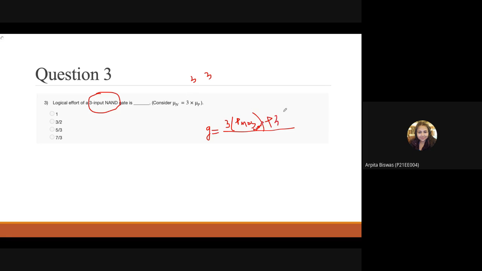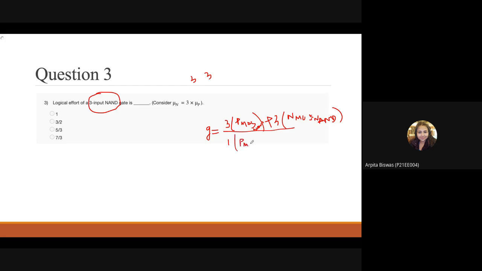So three NMOS are participating and both are in series. NMOS, okay, this is in series for the NAND gate. Okay, and it is for one PMOS